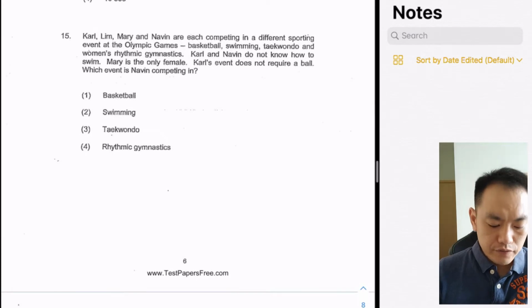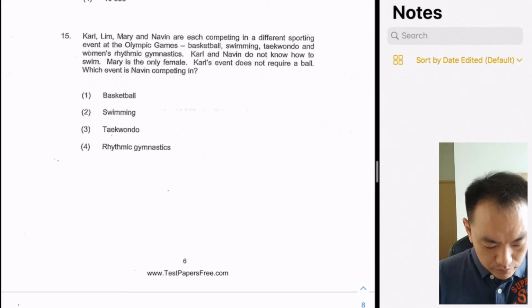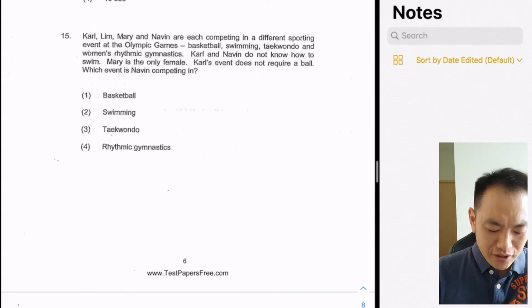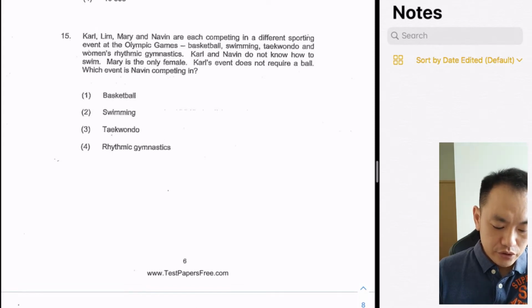Let's move on to question 15. Carl, Lim, Mary, and Nathan are each competing in a different sporting event at the Olympic Games. Basketball, swimming, taekwondo, and the women's rhythmic gymnastic. I'm not so sure what that is. Okay, so it's a gymnastic basically. Okay, and then they are giving you some clues here. Carl and Nathan do not know how to swim. Mary is the only female, and then Carl's events do not require a ball. Okay, so we have